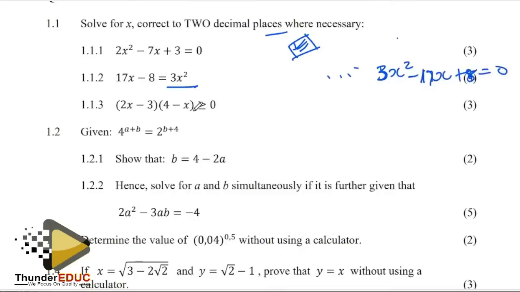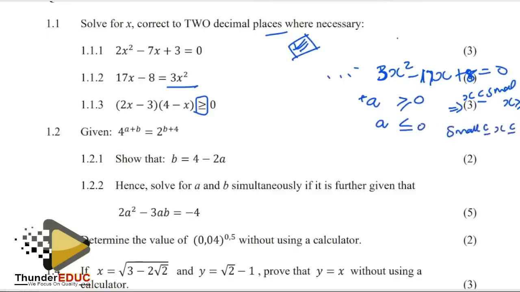And then with the inequalities, you need to pay attention to the A value. Whereby if the A is positive, and the symbol of the inequality is greater or equal to, then your solutions must be x is less than or equal to the smaller value, x is greater than or equal to the bigger value. And if the A is positive, and the inequality is less or equal to, then the small value is less or equal to x, less or equal to the big value. So just pay attention to the sign